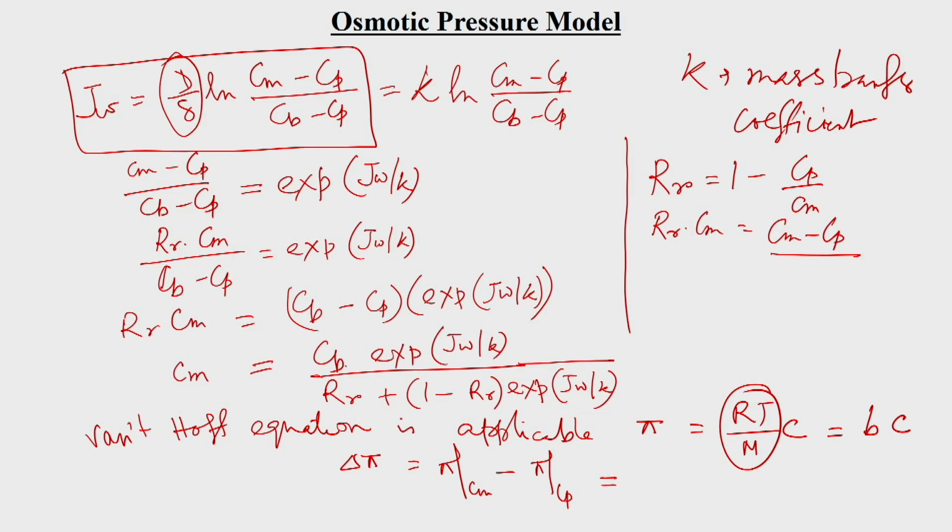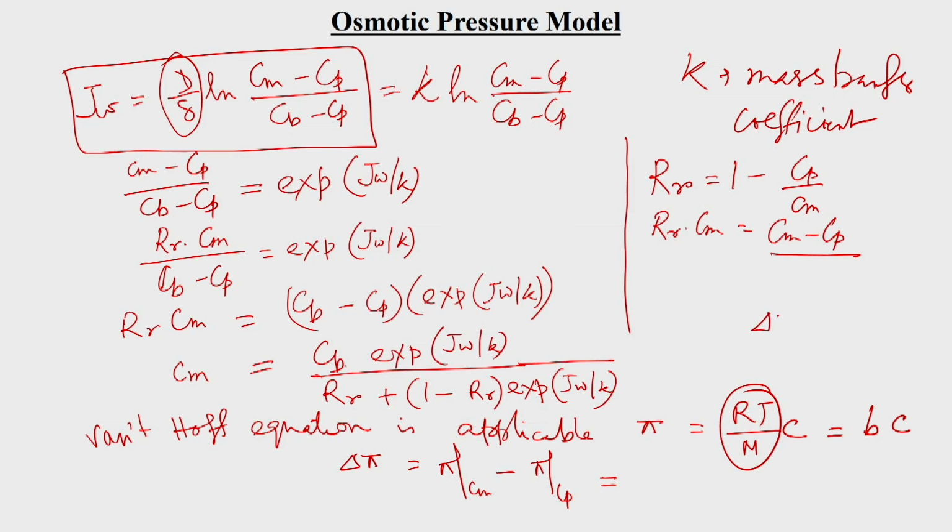So, with time the resultant driving force will go on decreasing, as this driving force is delta p minus delta pi. As this delta pi is going on increasing, this driving force will go on decreasing, because delta p, the transmembrane pressure drop that is applied, will remain constant for the entire process. So, with time the effective driving force will go on decreasing.